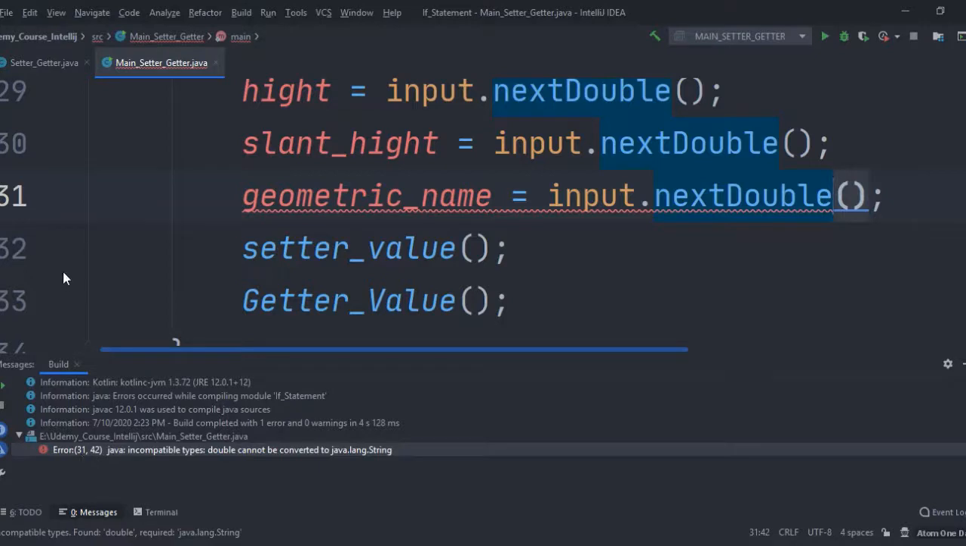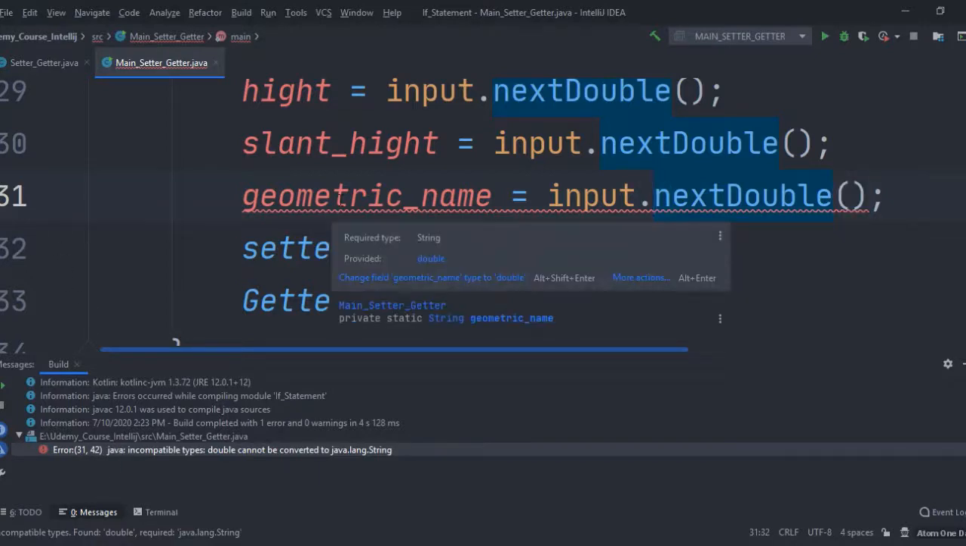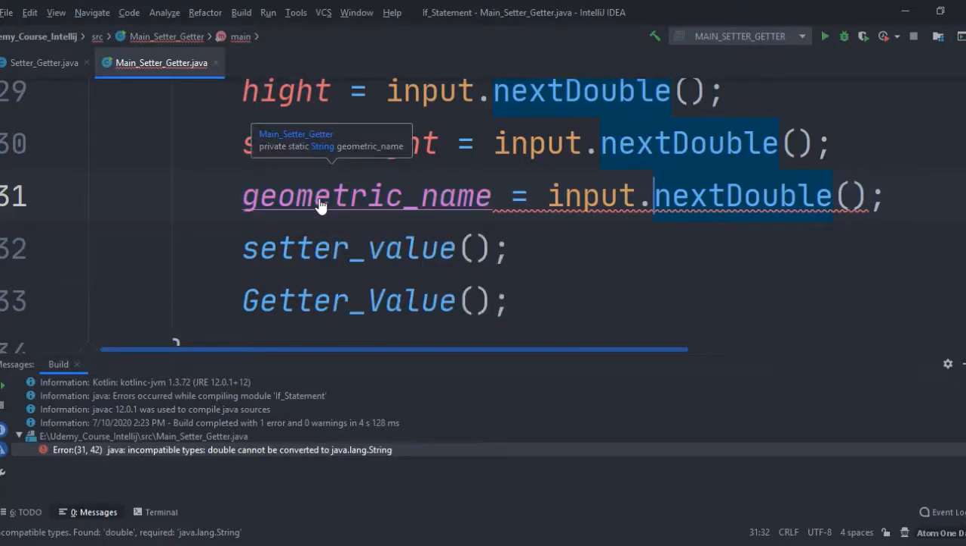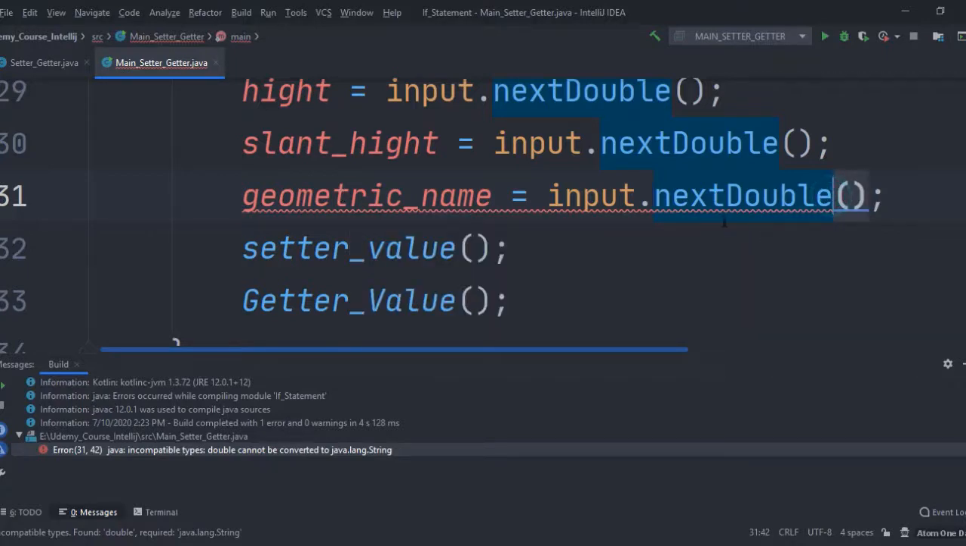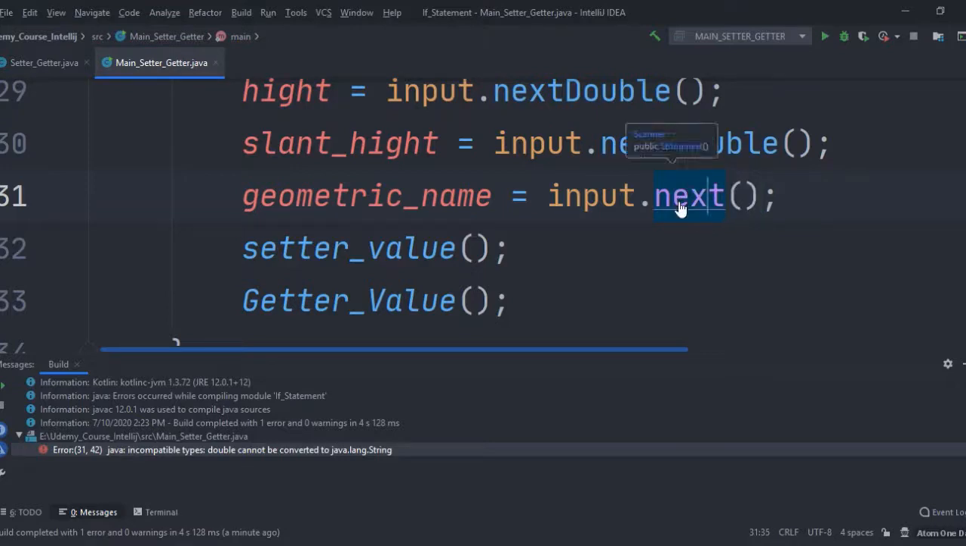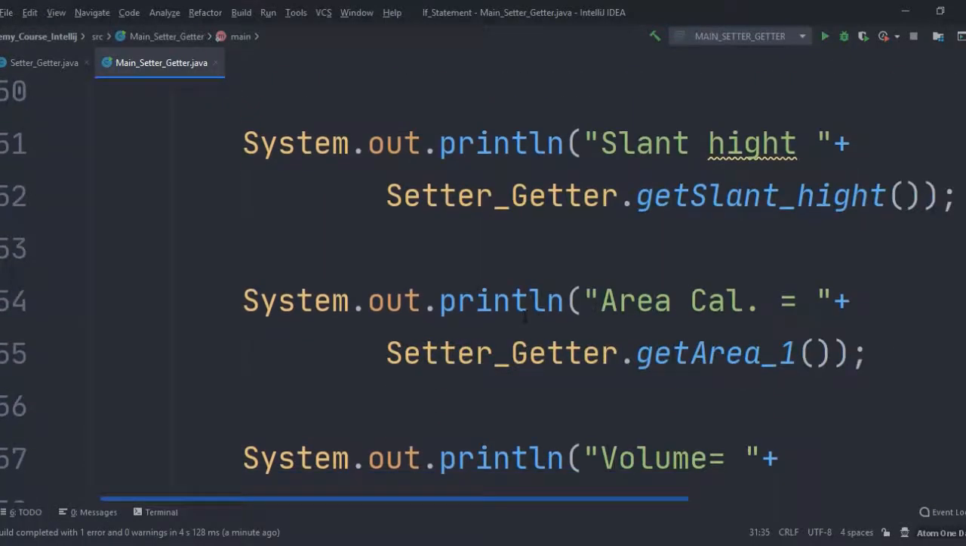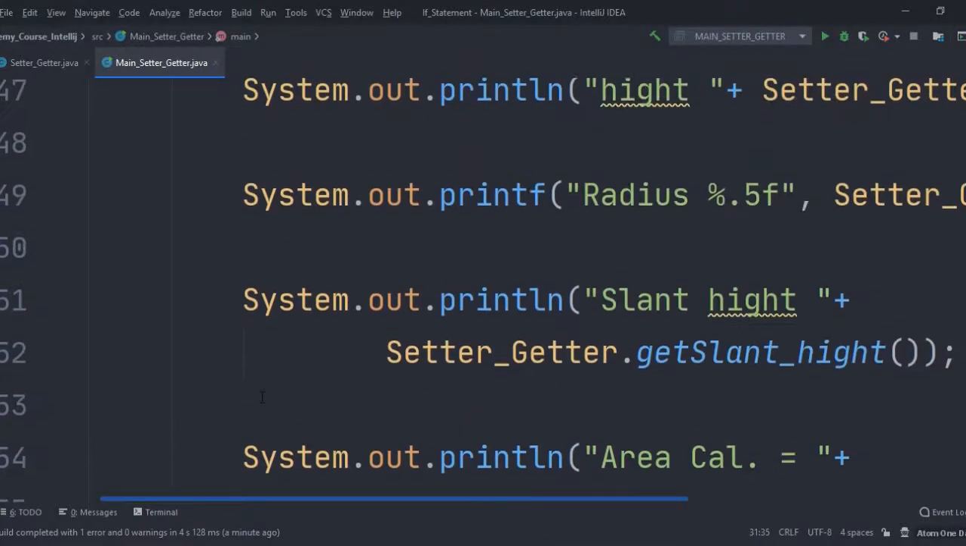This is in line 31, because if we Ctrl-click here, can you see it says this is the string, or it's a required string provided by double. And here this is next. When you use next, it means this is the string. And now we have fixed this, but we must add one method here,